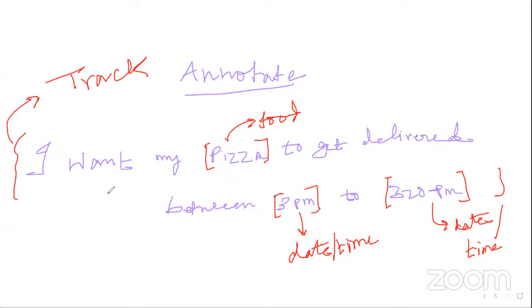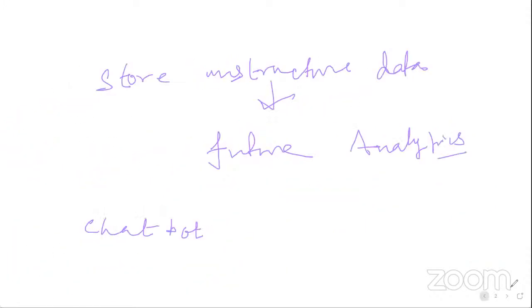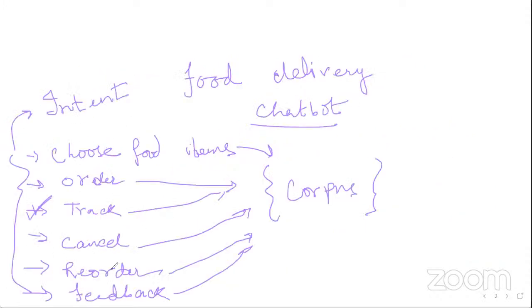So one limitation is you need a lot of time to annotate. To generate this sort of good quality data, you need to annotate very precisely. So you need to spend a lot of time in annotation, which eventually can take from a few days to a month. The second disadvantage is our model is very much specific to this food delivery domain, because we are training with these intents: order, track, cancel, reorder, feedback. We are just training within this small set of intents.